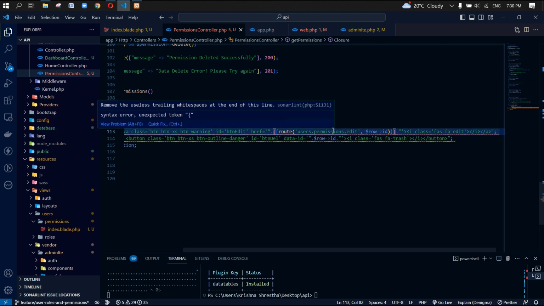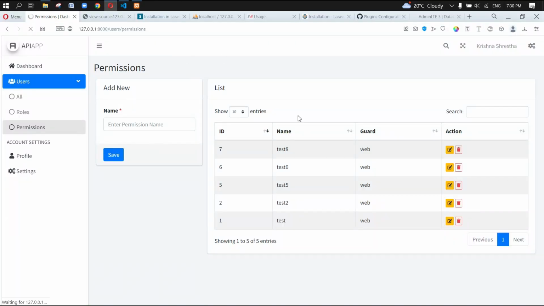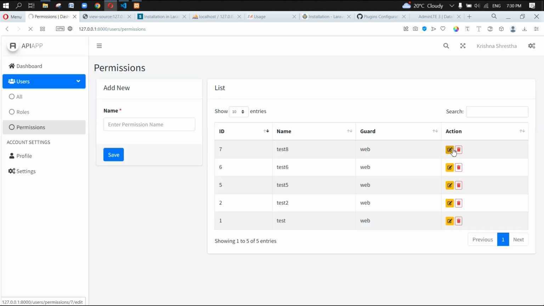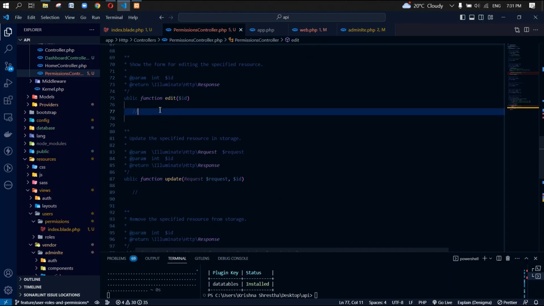I think we didn't need this thing. Yep, it should be working now. Let's see if it is redirecting to the other page. Okay, we got it. Now on our edit section,